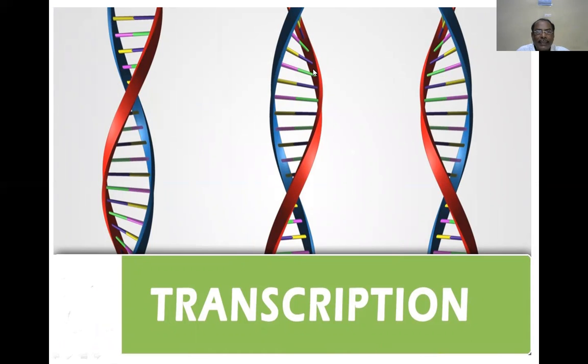This DNA contains genes. We all know about it. These genes are going to produce the characters of an individual. The characters of an individual are mainly because of distinctive proteins that are synthesized. How are they synthesized? They are synthesized by the dictation of these genes. How are the genes able to produce proteins?